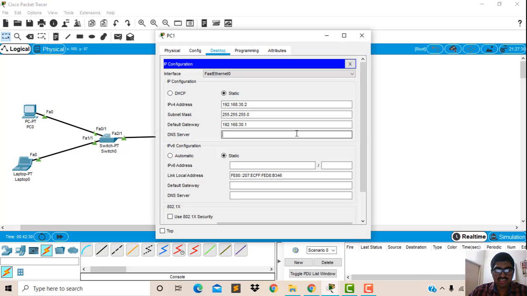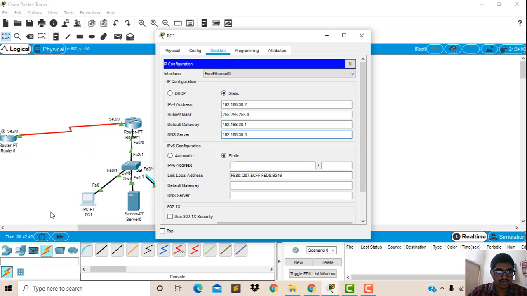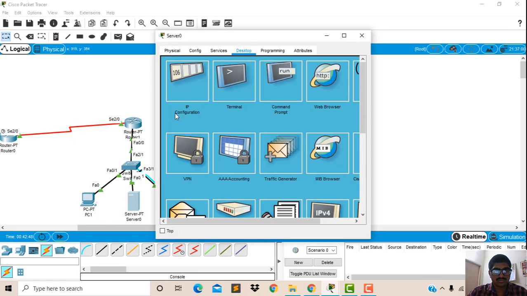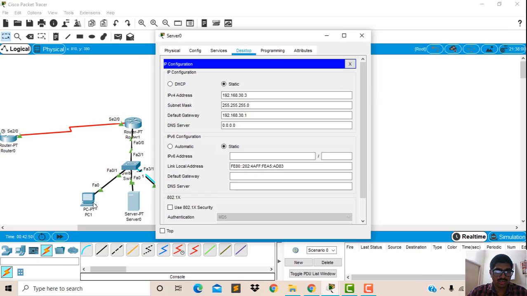In the DNS server, we enter the server IP address, that is 192.168.30.3. Is it right? 30.3, yes.